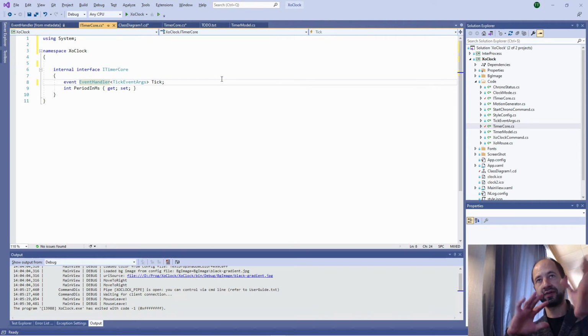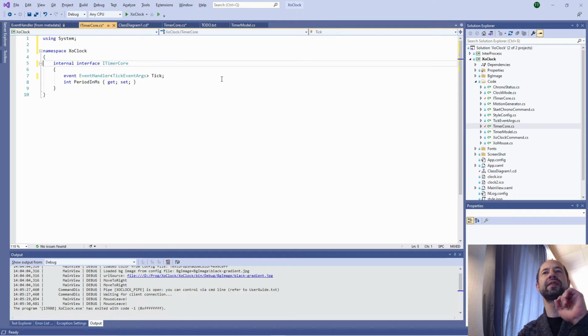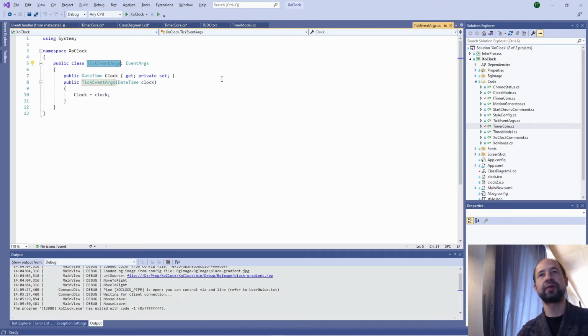So there are patterns. You know all the design patterns, but there is also an event pattern. The event pattern has different rules at different levels. We should have defined the parameter of the events. The parameter of the events, by convention, implements the event args class.